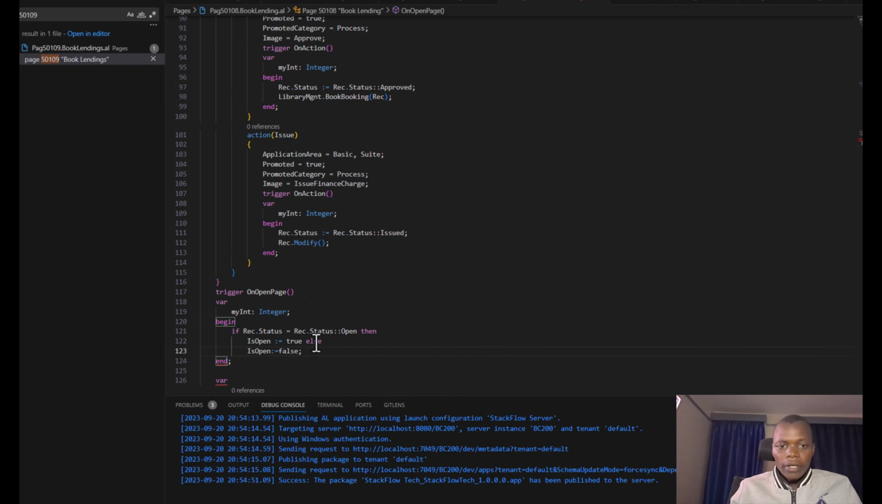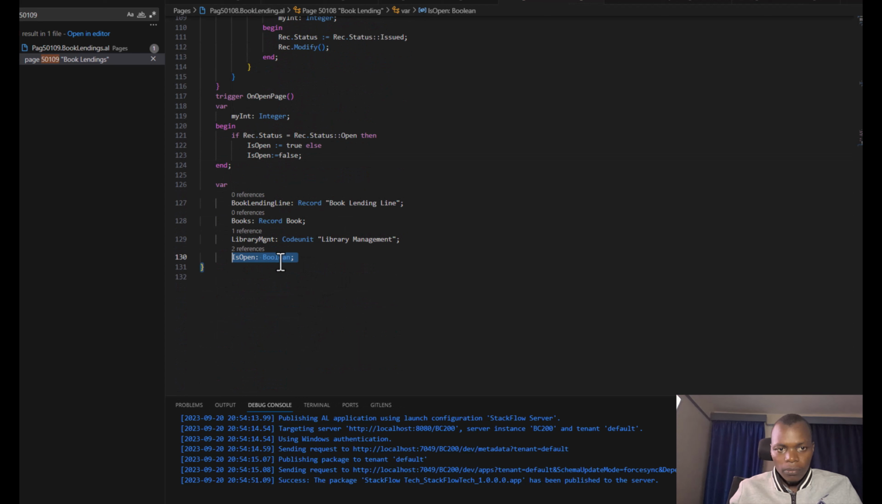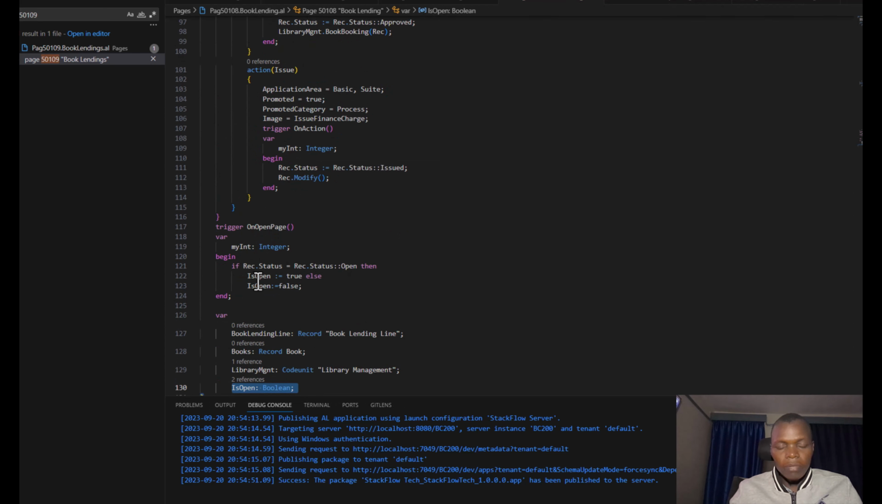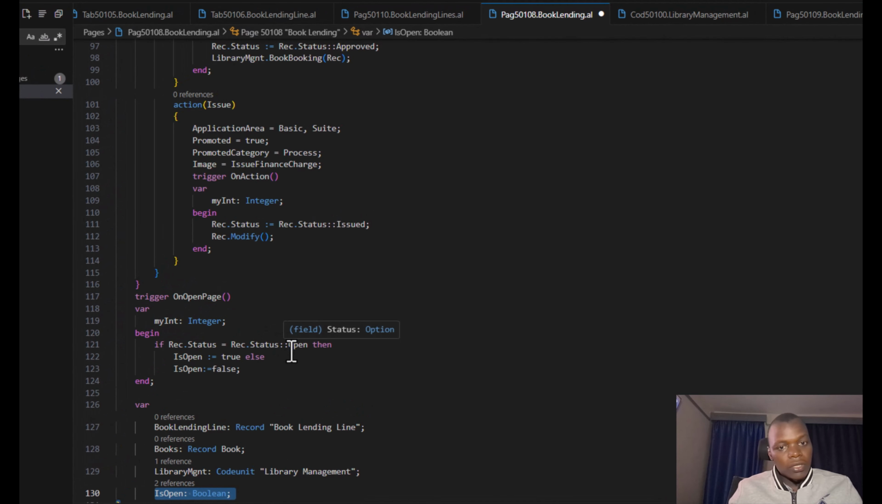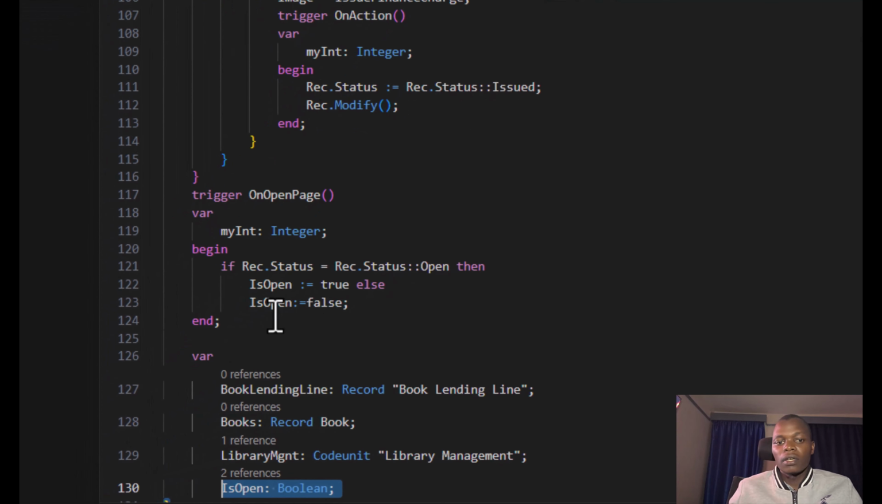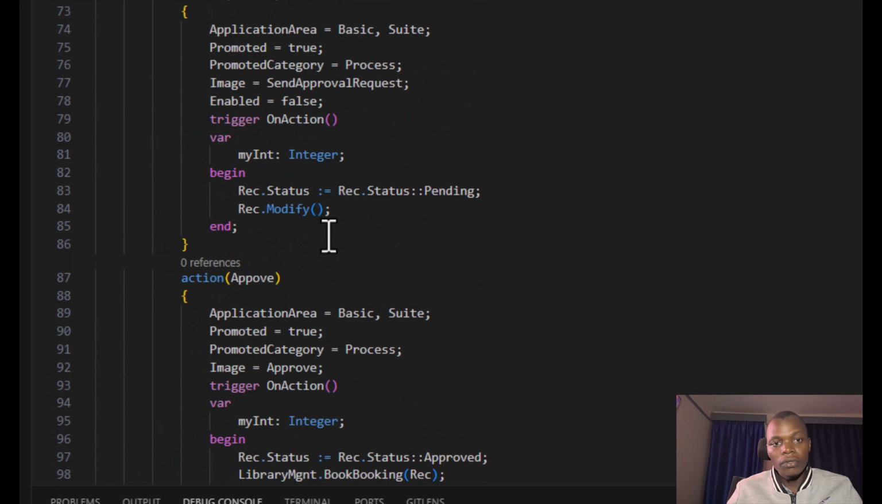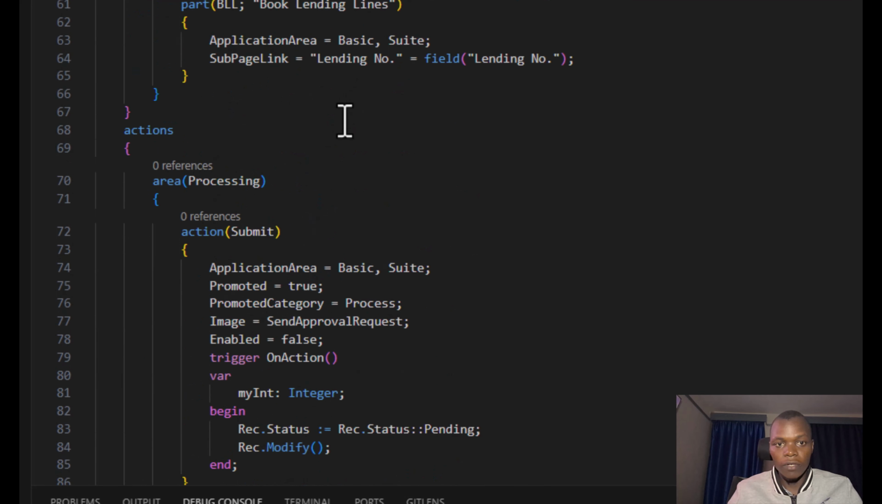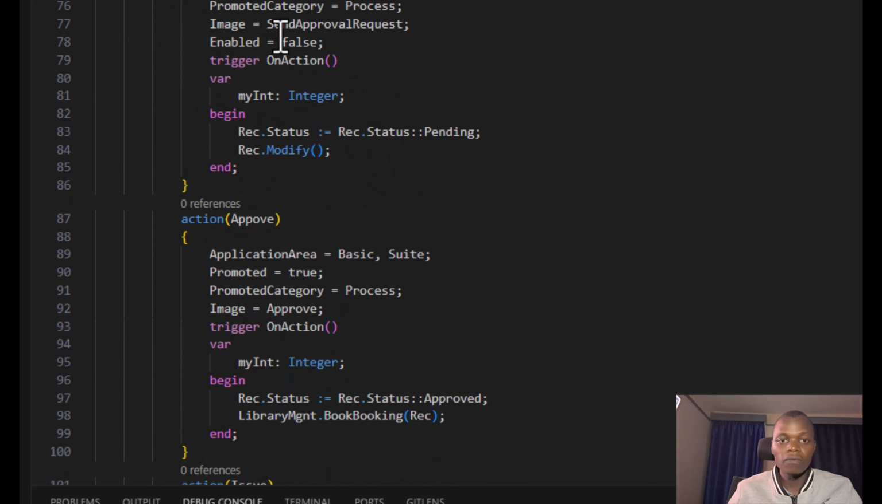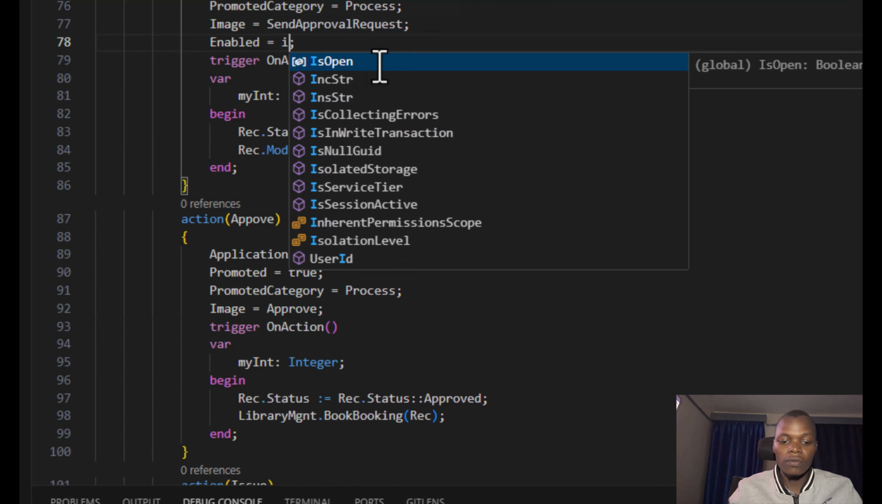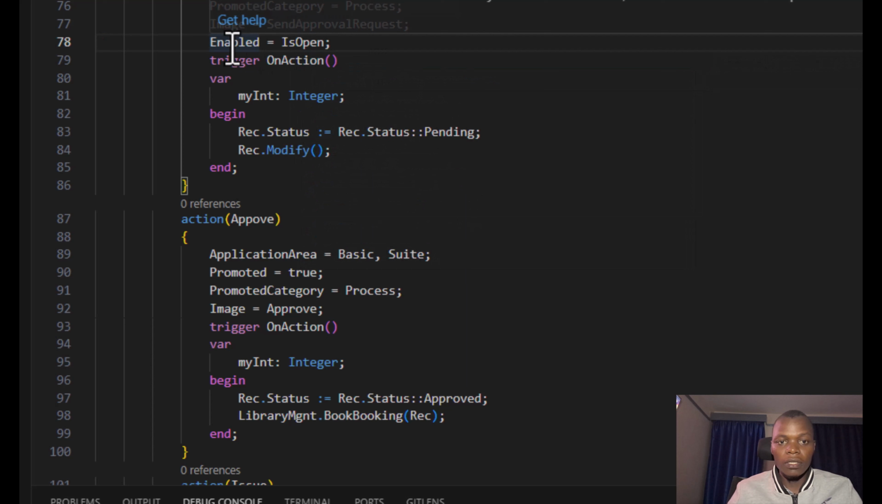Now, we've created a variable as a global variable, and we've conditionally initialized it with our condition that if that record is open, then isOpen will be true. Else, if it's approved or submitted or posted, then that state will be initialized as false. Now we will use our variable at this point of submit. Instead of using true or false, let's use isOpen,